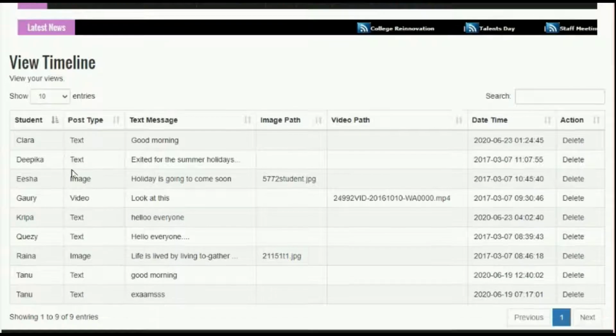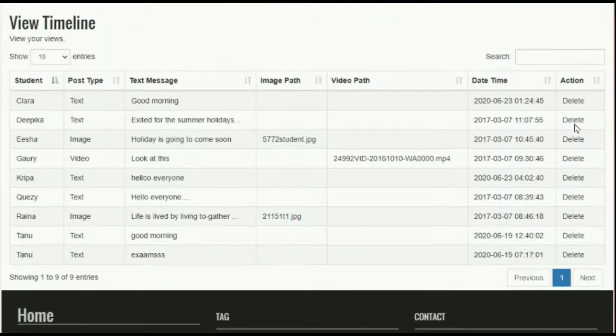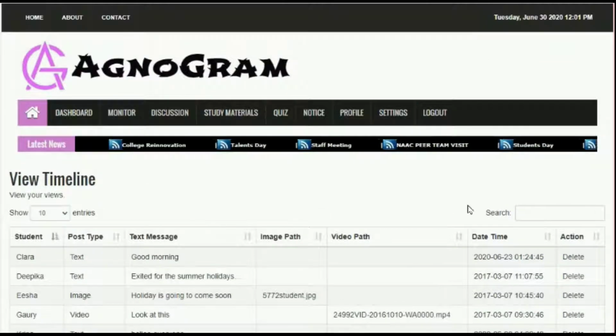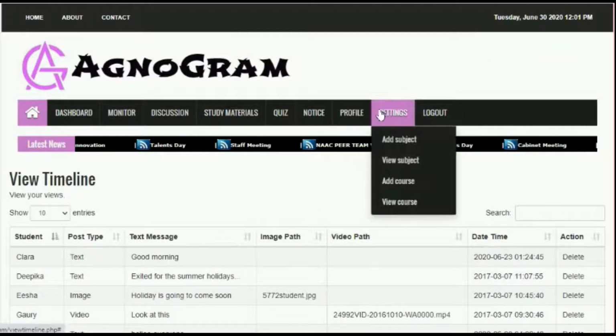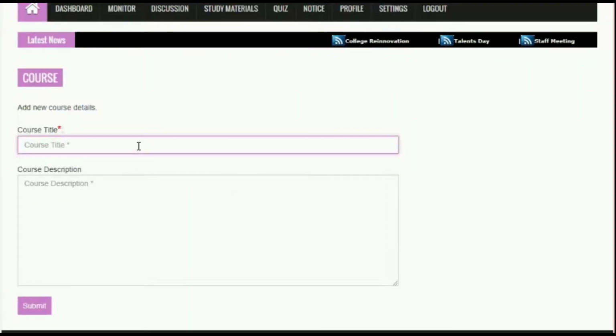Under Monitor in Timeline Records, admin can view the posts that have been made by the students. It can be text, image or video. Admin also has the action to delete. Under Settings, admin can add the courses available in their college, that is by mentioning the course type and course description.